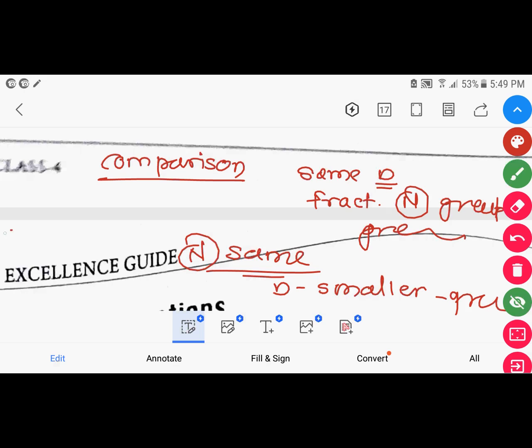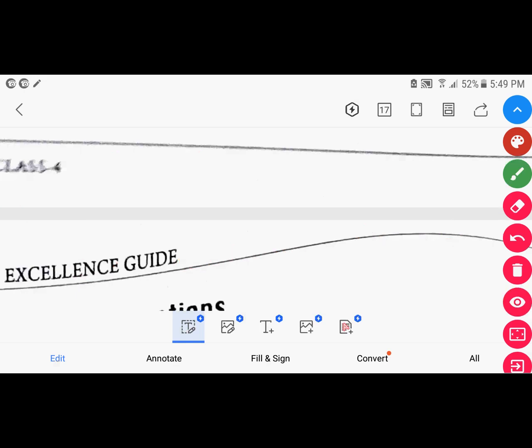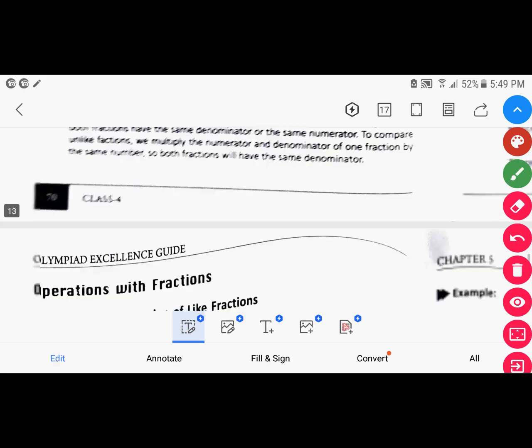Okay, if they have different numerators and denominators, then we first convert them into like fractions, and then the fraction which has the greater numerator is the greater fraction, and based on that we learn about the ascending and descending order